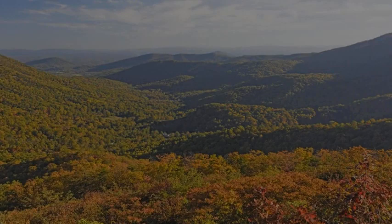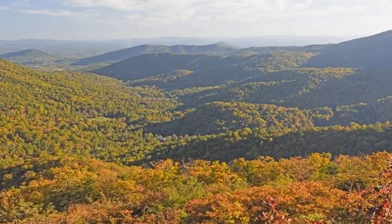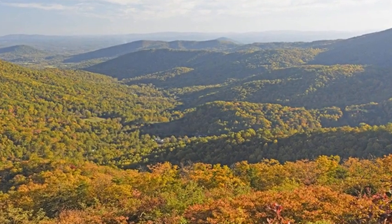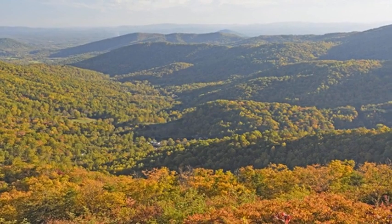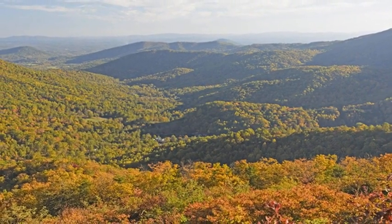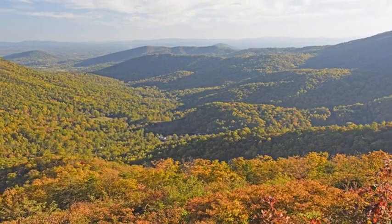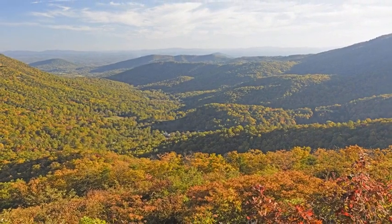Shenandoah National Park, Virginia. When the leaves change, visitors come in droves to Skyline Drive, which runs 105 miles through Shenandoah National Park in Virginia's Blue Ridge Mountains. This national scenic byway offers numerous stops to take in the foliage, but it can be